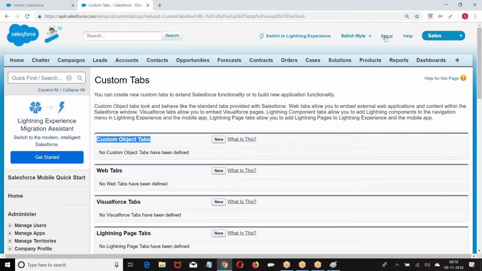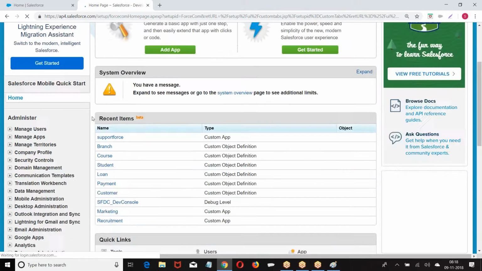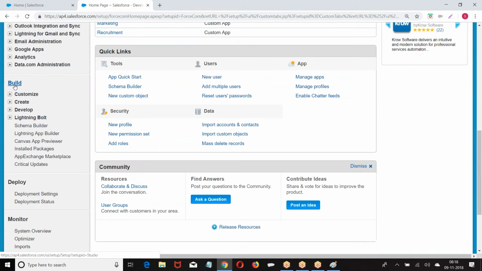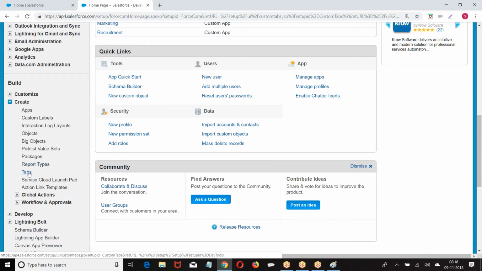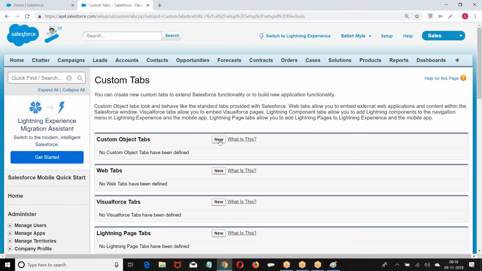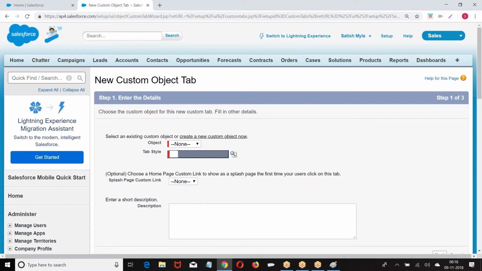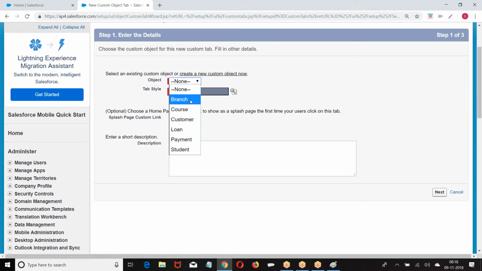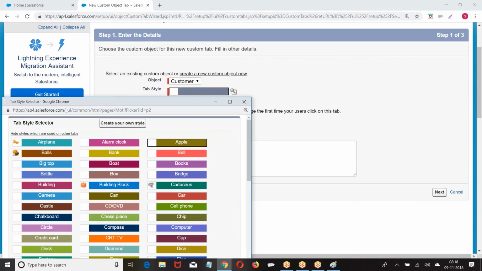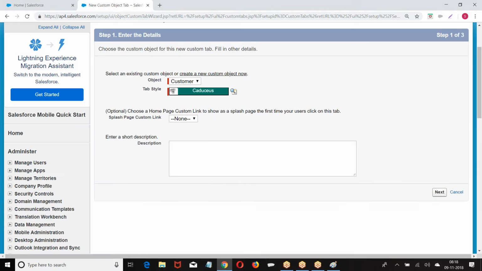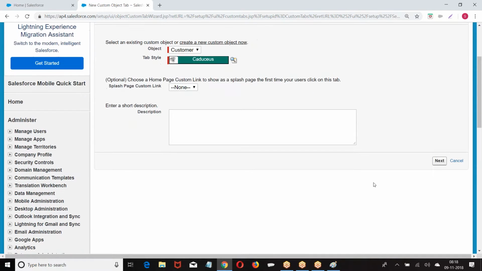What is the navigation? Setup, Build, Create, Tabs. Choose the object, customer. Choose a style. When you click on the tab, what is the color that should be displayed?